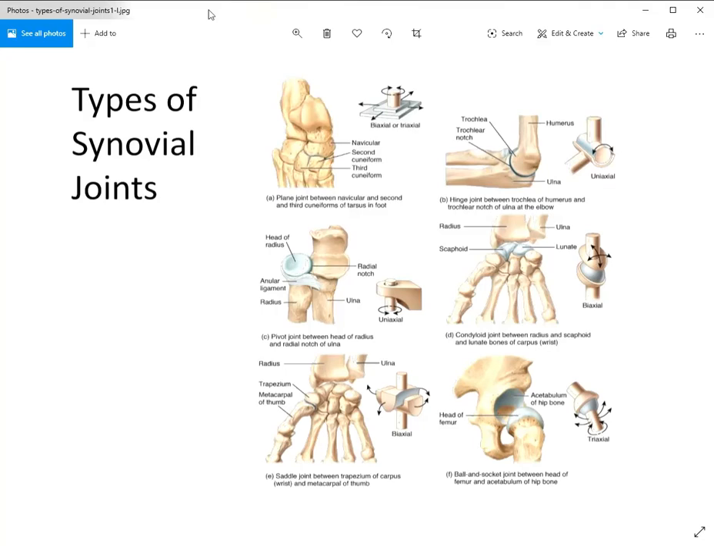Hey guys, so we're going to take a look at 6 different types of synovial joints really quick. So this is not to be confused with types of joints like synarthrodial, diarthrodial, fibrous, cartilaginous. These are 6 different types of synovial joints. So synovial joints mean that they have a joint cavity, and that typically they're pretty mobile, although that's not always